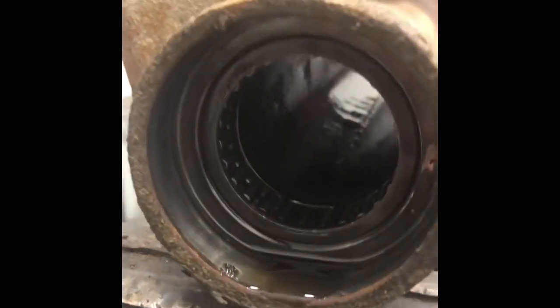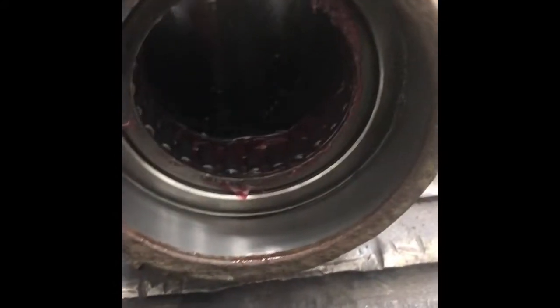Let's get the seal up, putting the seal back into the housing. I put a little grease on those needle bearings, just to make sure. But what I'm going to do is just use a hammer